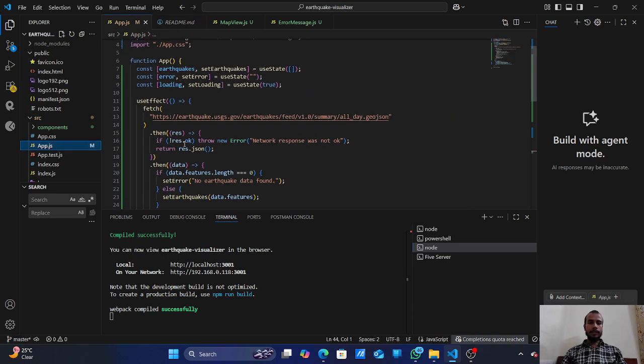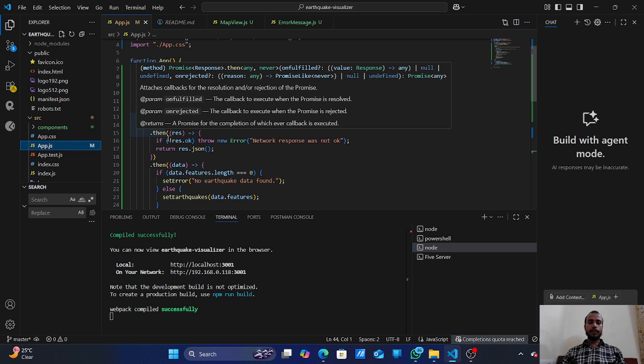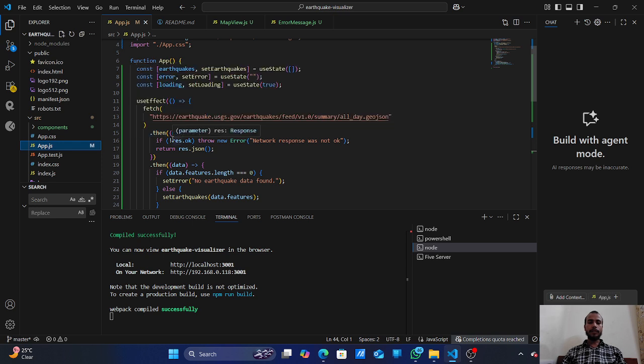Import React, useEffect, useState from React, import MapView from components MapView, import ErrorMessage from components ErrorMessage. I use three pieces of state: one for earthquake data, one for error, and one for loading.